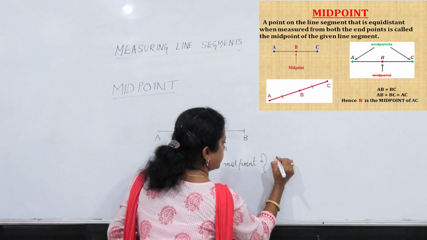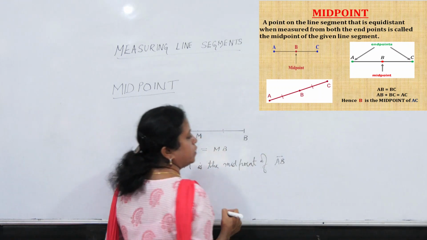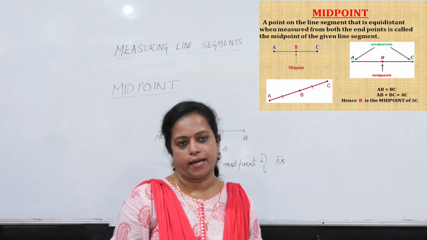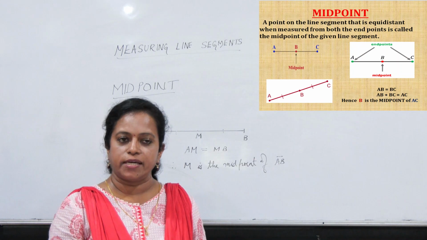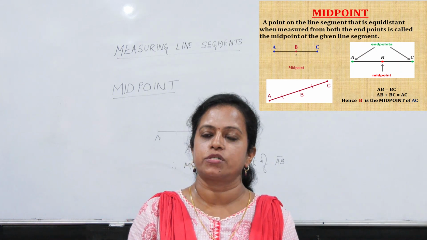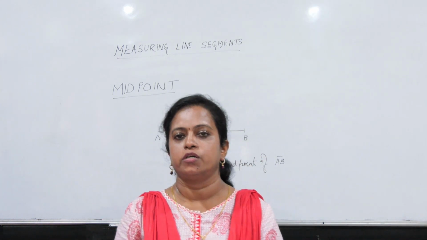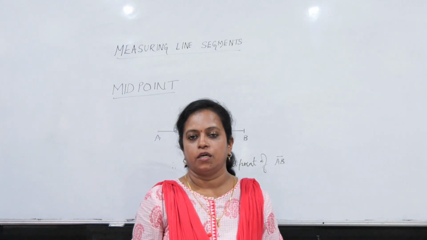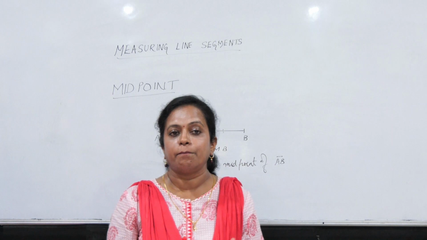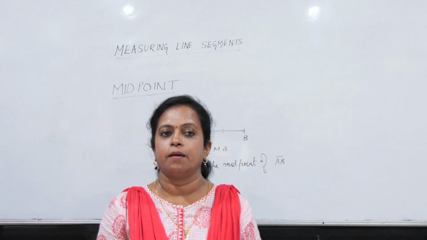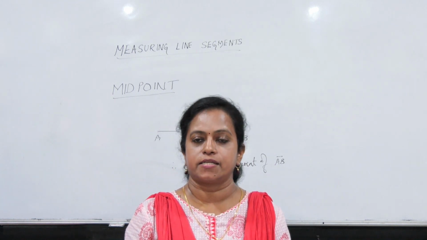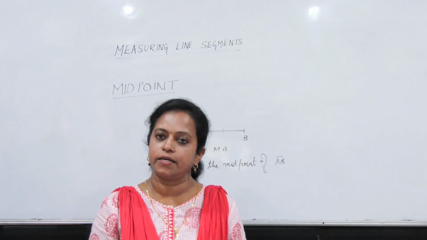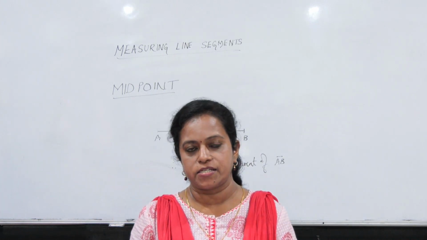और लाइन सेगमेंट को कैसे डिनोट करते हैं, आज मैंने सिखाया. You have to use this symbol for denoting a line segment. So in today's class we have learnt about three basic things about geometry: point, line and line segment. We also saw the comparison of line segments by using three methods, that is observation, second was the tracing method, and third one was using ruler and divider.